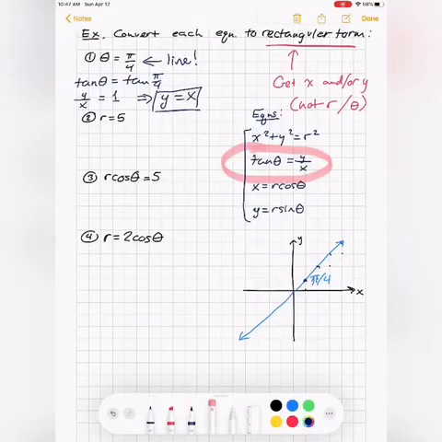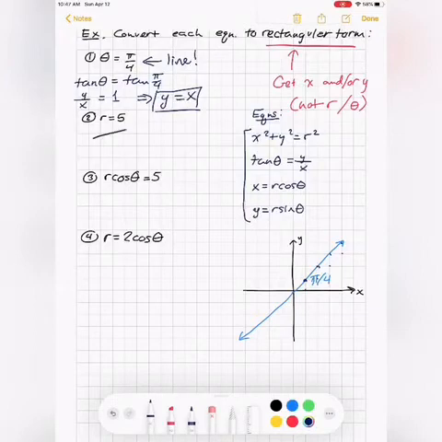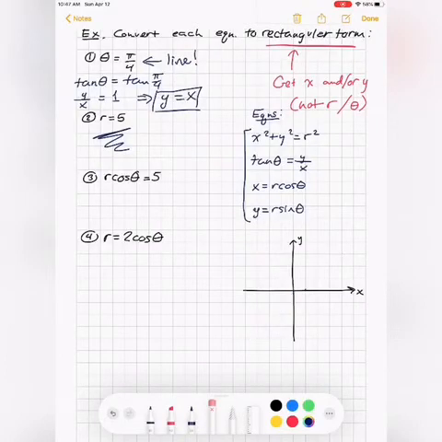What about number 2? Number 2 says the radius is 5. This one's a really easy one. Okay, so should I try to graph that? So this is saying all points